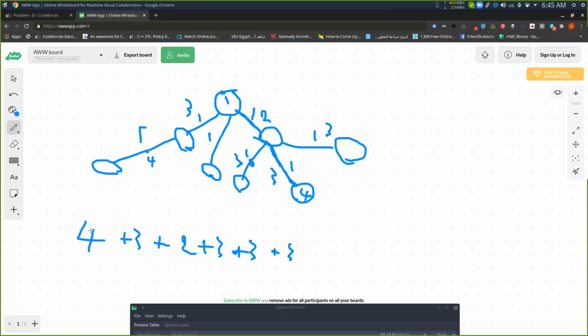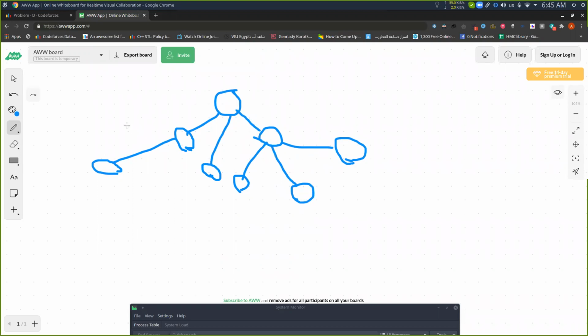So I'll add the value of this edge 4 times in the distribution index, and then add the value of this other edge 3 times, 2 times, 3 times, okay? So here, let's say the values of each edge are not 1. They are anything, 3, 4, 10, 7. So these are the values that are put on the edges, okay? 8, 2, 2. So again, to calculate the distribution index for every edge, we will just,